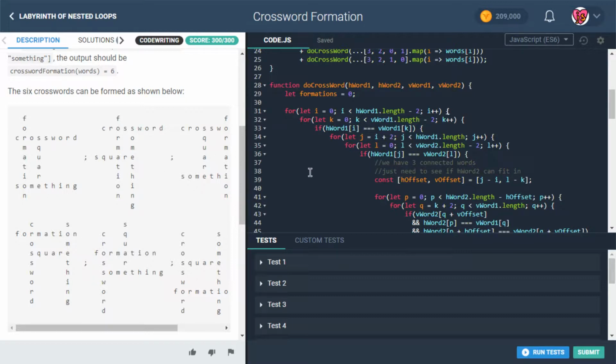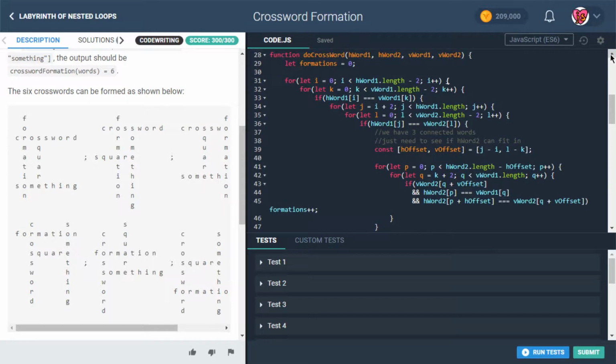Okay, so our way of doing that was very systematic. We broke it down: if we want to find the intersection between 4 words, let's first find the ways we can find the intersection between 2 words, right? So we had this right here, first of all, H word 1, V word 1. We had a horizontal word and a vertical word, and we just want to find the ways that they can intersect. So we're going through each of those in a for loop, looking at every single